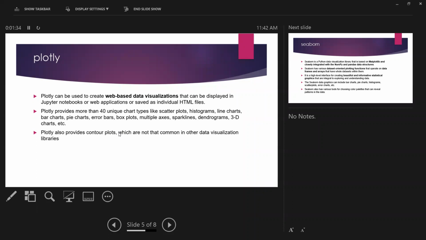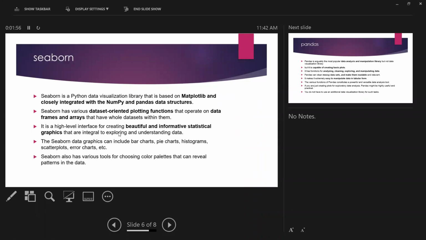Plotly provides more than 40 unique charting types like scatter plots, histograms. Histograms, scatter plots, bar charts are very common and basic. Even without using the library, you can simply do it with the basic Python packages. But it depends on what we want to do with that library. Based on that, we can pick different libraries. We are going to practice different libraries so that you get introduced to different options in different libraries. And the third library that we are going to practice, probably we will practice this first before the others,